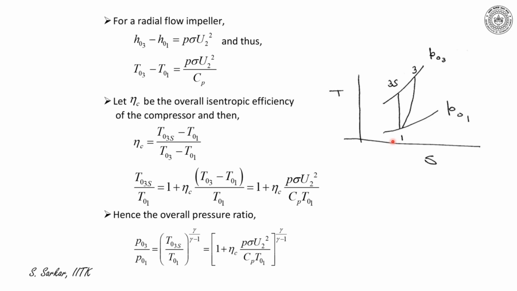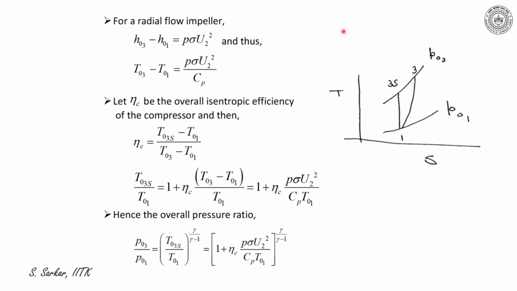And if we express the compression process in TS diagram, then 1,3 represents the actual compression process and 1,3s represents the isentropic compression,